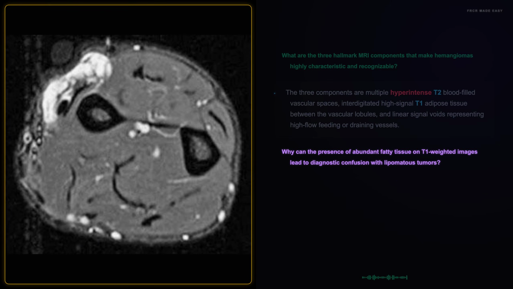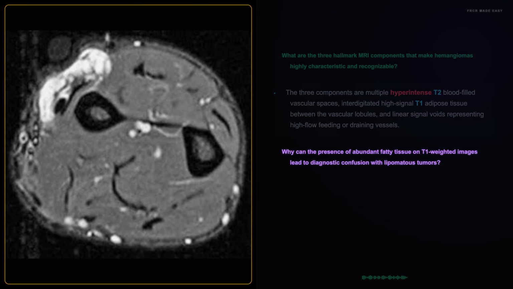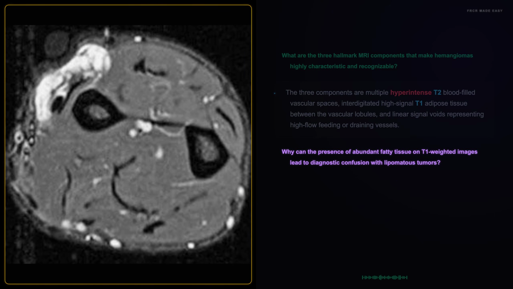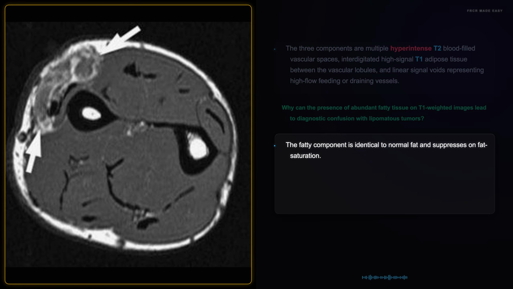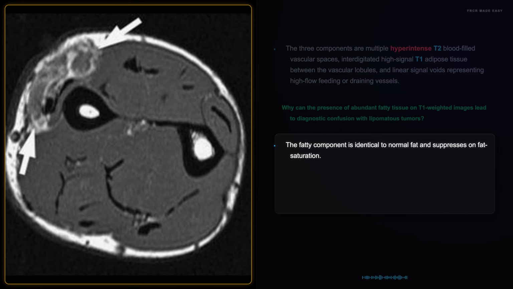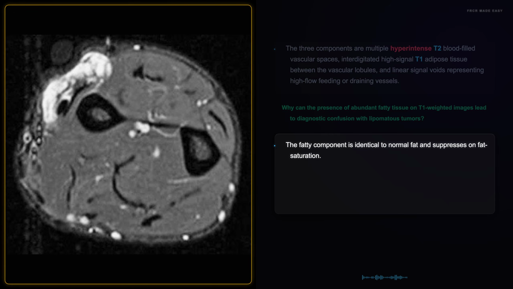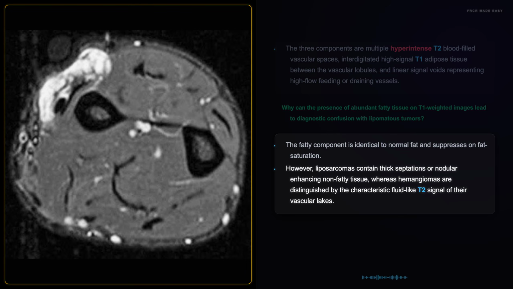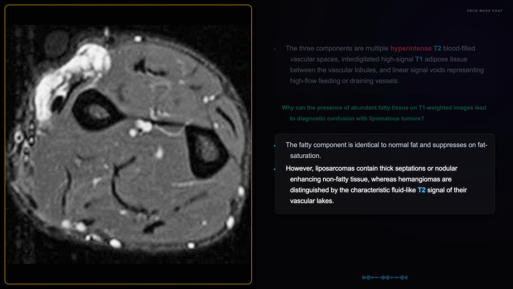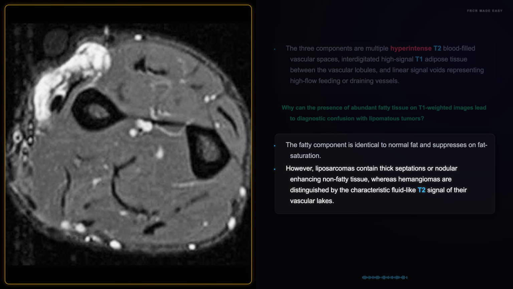Why can the presence of abundant fatty tissue on T1 weighted images lead to diagnostic confusion with lipomatous tumors? The fatty component is identical to normal fat and suppresses on fat saturation. However, liposarcomas contain thick septations or nodular-enhancing non-fatty tissue, whereas hemangiomas are distinguished by the characteristic fluid-like T2 signal